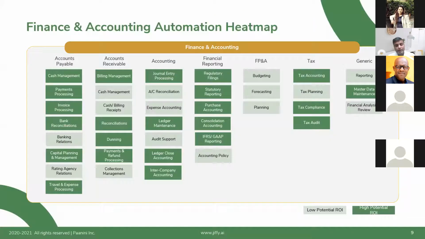So with that, I will get into finance and accounting. As Vishnu mentioned in his slides, there are a number of areas with huge potential to automate: invoice processing, bank reconciliation, remittance processing, reconciliations, book closures. So many areas where there is potential to automate. Now, as I mentioned, what's the approach to do that? How do you build it in a sustainable manner? How do you make sure that